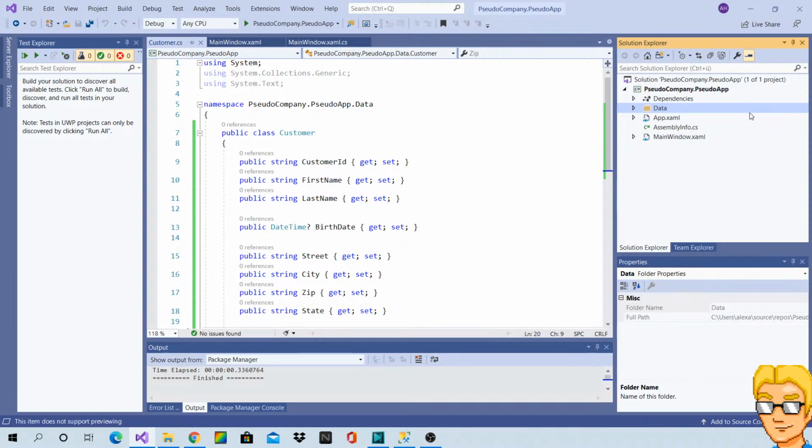And yeah, so now we want to actually show that data. And I figured in the example, I'm going to make it so that it's basically hard-coded that the customer data is pulled from a database.